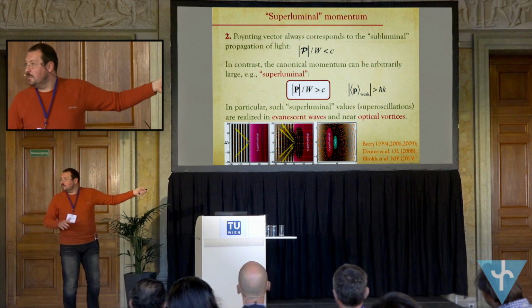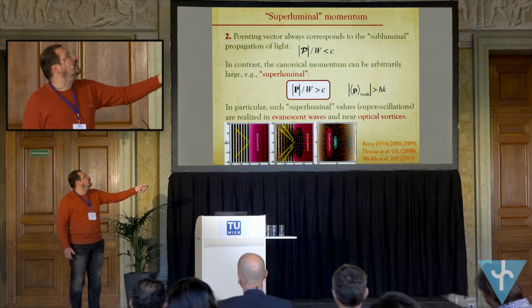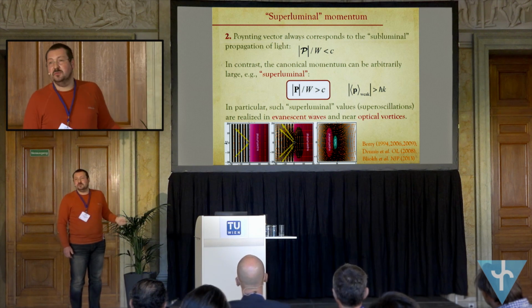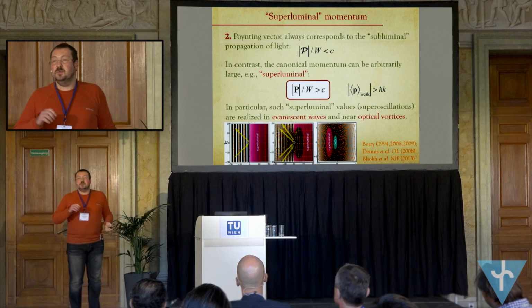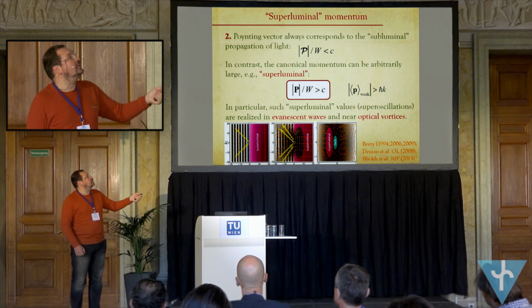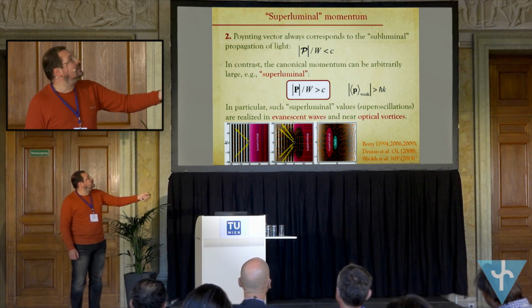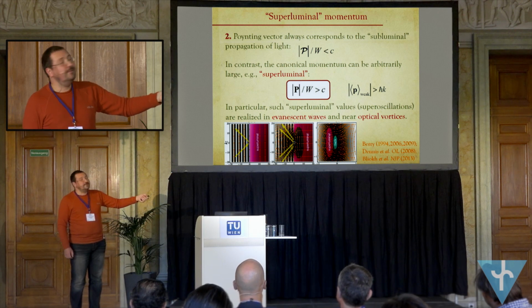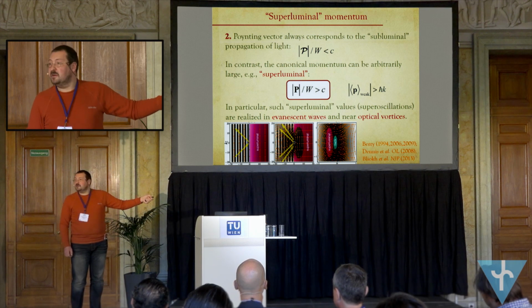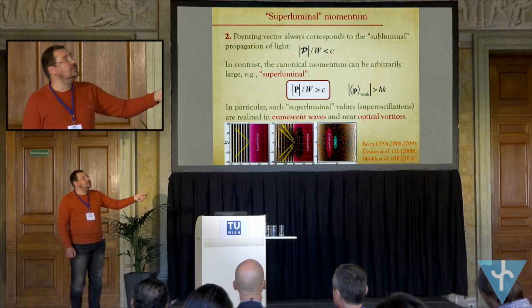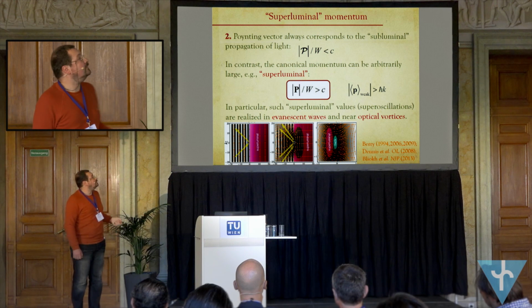There could be regions in interference field where this quantity is superluminal. We have local superluminal propagation. It doesn't mean superluminal signal velocity, it's local group velocity. And it corresponds, in fact, again, to weak value of photon momentum, which can be locally higher than h bar k. Michael Berry called this super oscillation phenomena.